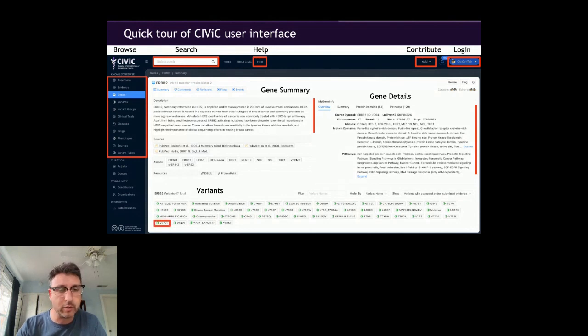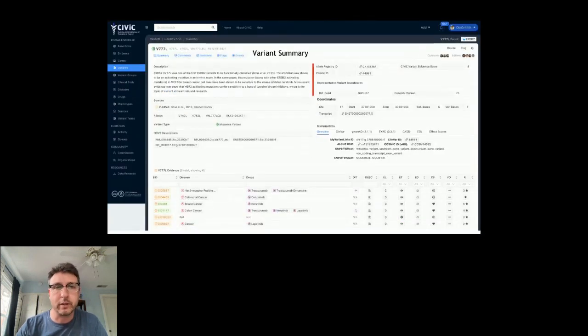Let's look at an example of one of those variants for illustration purposes. This is a variant page. Again, we have a variant summary, which is a curated summary across the evidence for that variant of its potential clinical relevance. We have here, again, metadata that's pulled in from MyVariant.info, Allele Registry, ClinVar, and other sources based on the manual curation of coordinates for that variant done by curators in our community. And then you see a list here of